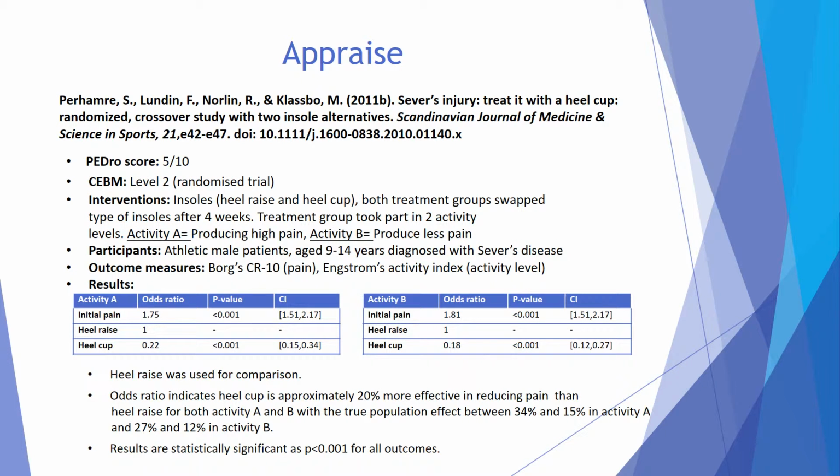Another article by Hammer et al. is a level 2 randomized trial which scored 5 out of 10 on the PEDro scale. Again, the lack of control group used in this trial may decrease validity of results. The study found that when the effectiveness of heel cups were compared to heel wedges in athletic male participants, the